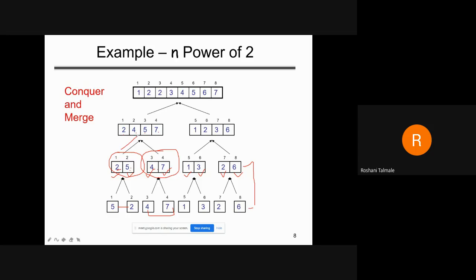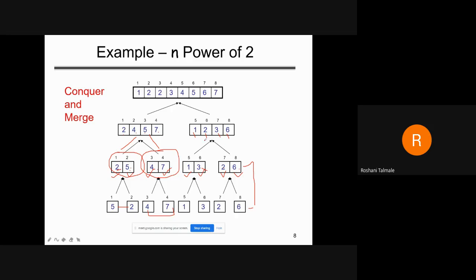And then we will perform the merging over here. Similarly for 1 and 2, we will compare 1 and 2, so we will keep 1, 2. And this is the 3 and the 6. We will keep it as this one. Fine. And again, in the same case, it is already in ascending format: 2, 4, 5, 7, 1, 2, 3, 5, 3, 6. We are going in ascending order only, sorted order.